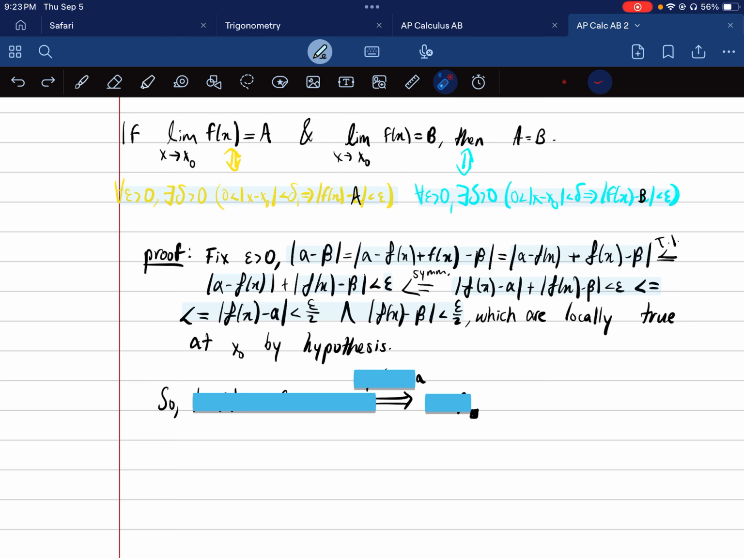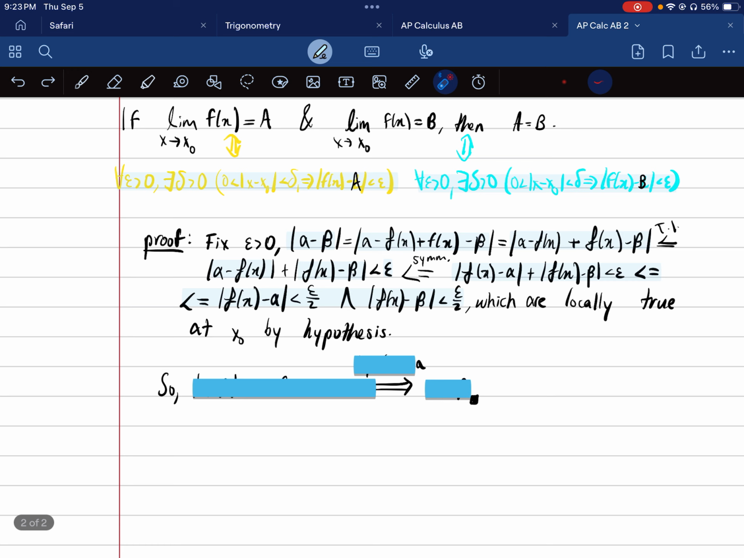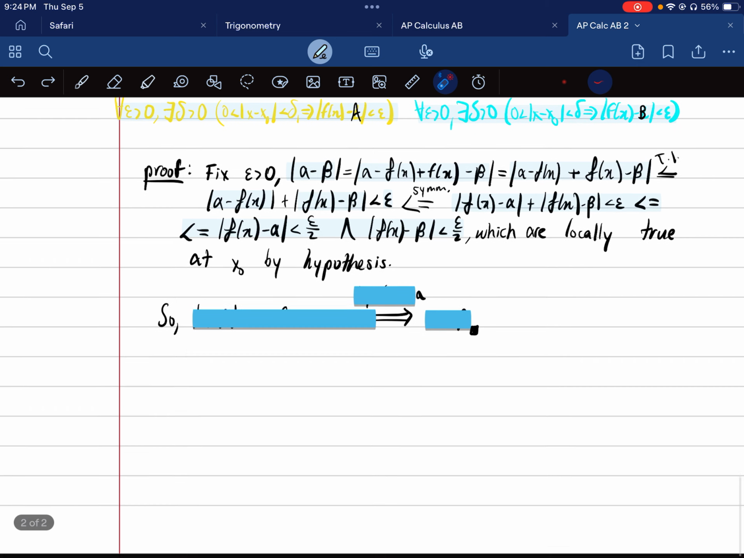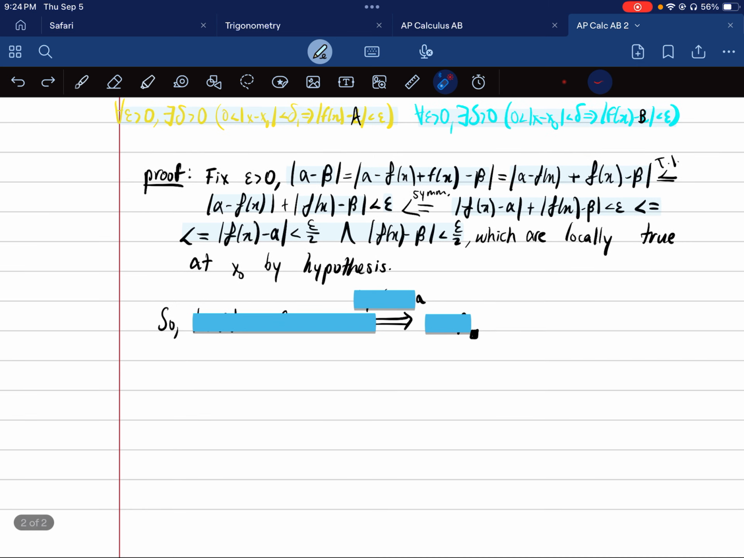And you may say that we have an epsilon here and an epsilon over 2 here. And to that I say, it doesn't matter, because epsilon over 2 is a positive number. Epsilon is a positive number. Either way, if you want, you can even set epsilon over 2 and let that be your epsilon. It doesn't matter. The point is that it's a positive number. Any positive number, I should say. And that's locally true at x naught by the hypothesis. So we can conclude,